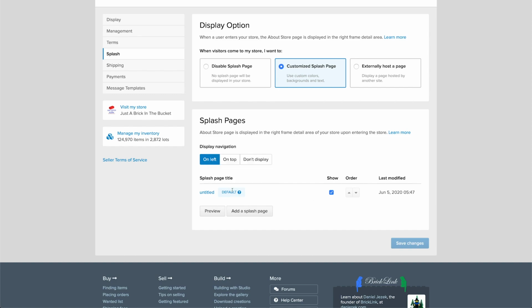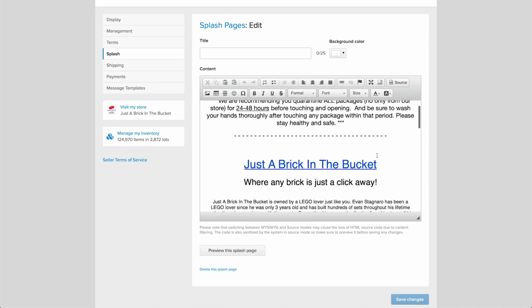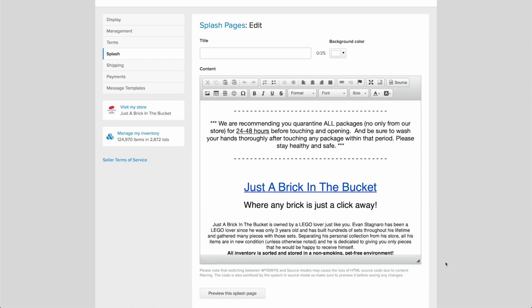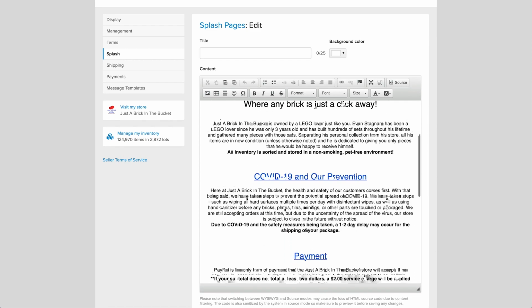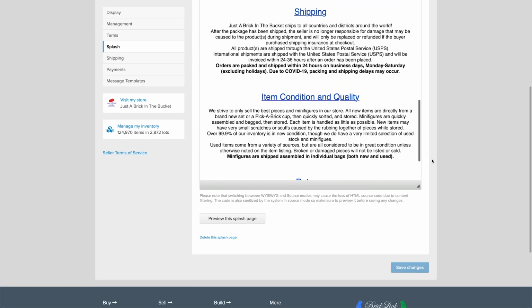In this case, we only have one, but if you click into here, this is where you'll be brought up with the other text box. And again, you can change all this with formatting tools inside here. Or in this case, what we did is we did use the source code. We used the HTML, and we were able to make it look slightly nicer than just the normal kind of